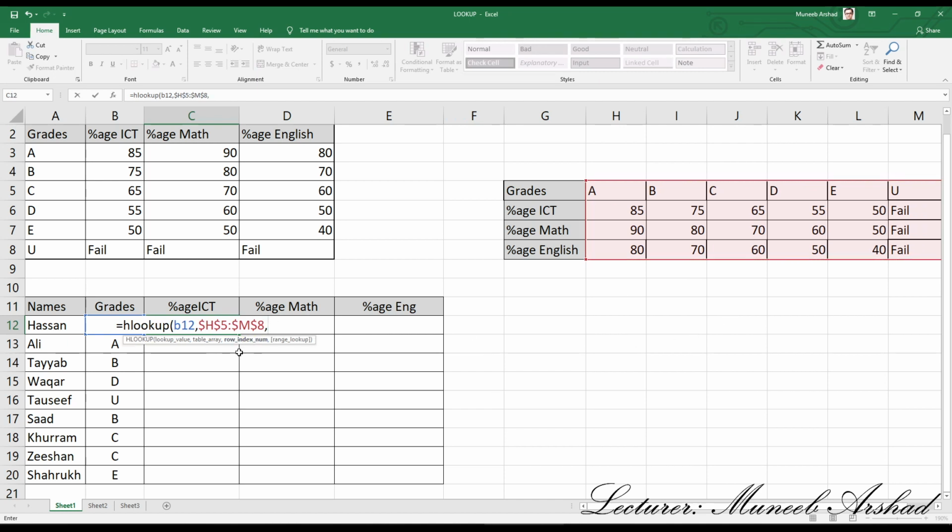Now the third requirement is actually a bit different than the VLOOKUP. It actually wants the row index number. As we said that the data is integrated in rows, so actually we want to refer to which row number we want to have the reference value from. So as you can see in my range, which is integrated horizontally, first row contains the grades, second percentage ICT, third percentage maths, and then percentage English. Since I'm doing it for percentage ICT, that actually exists in row number 2 of my range. So I'm going to input 2 over here as my row index number, comma,